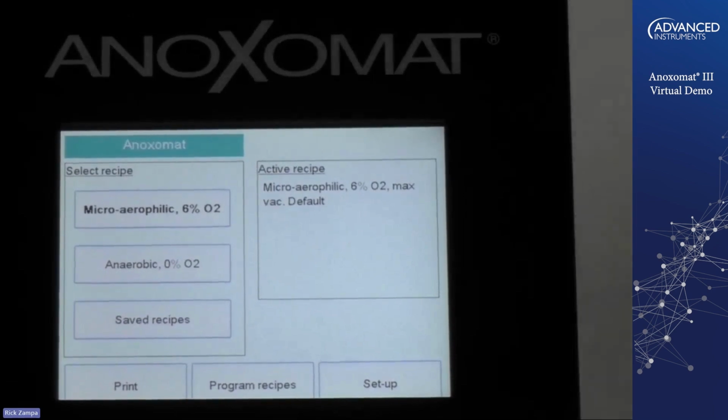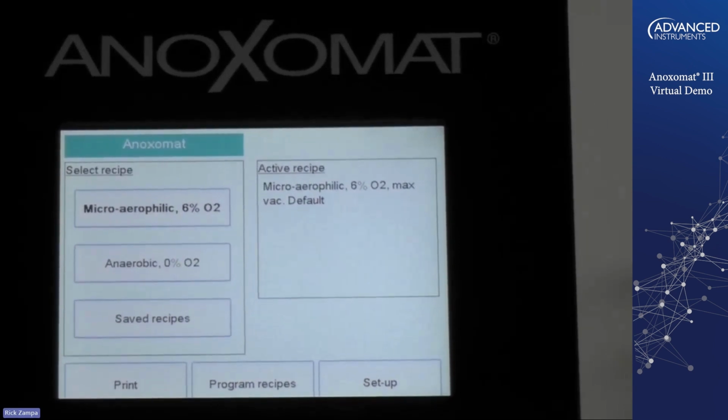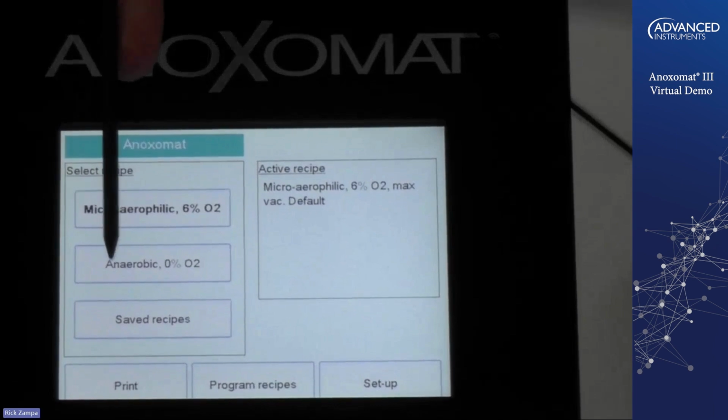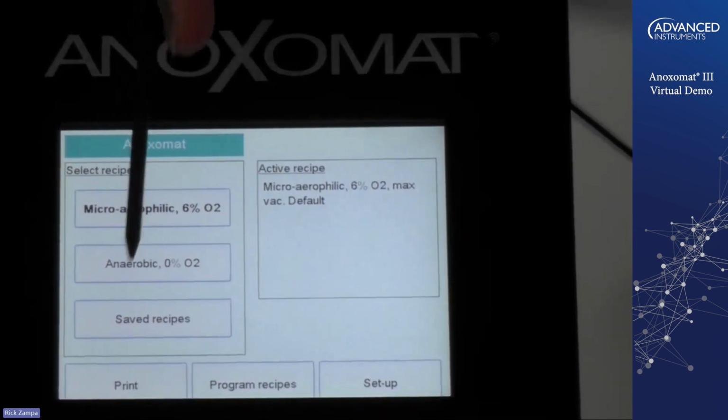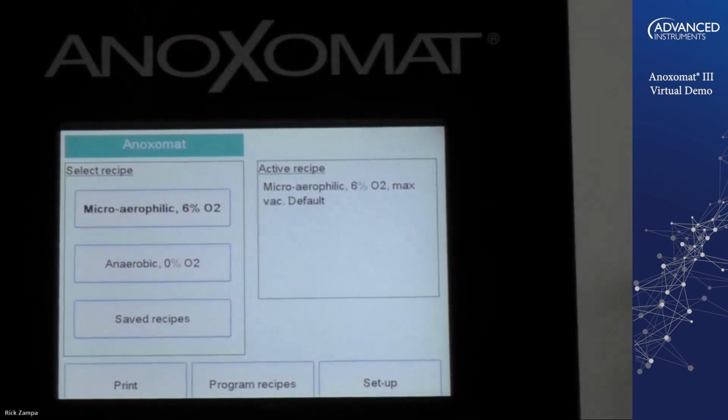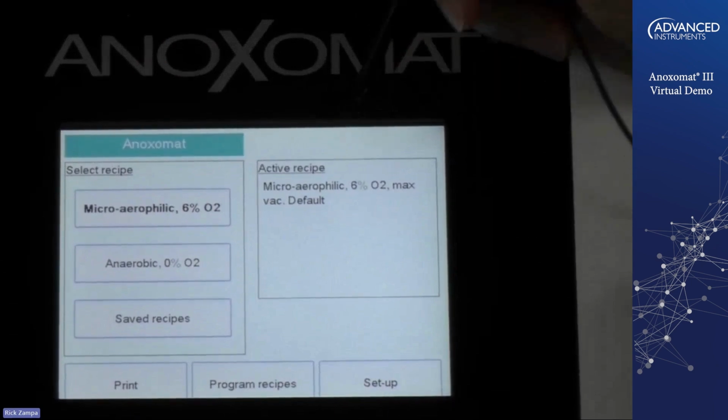The user programming function allows the customer to create their own environments. The system comes standard with an anaerobic environment, which is 0% oxygen, and a microaerophilic environment, which is 6% oxygen. So these two you see right here come standard on every instrument. However, if you want to do maybe capnophilic environments, so you want to do high CO2 environments, you could add